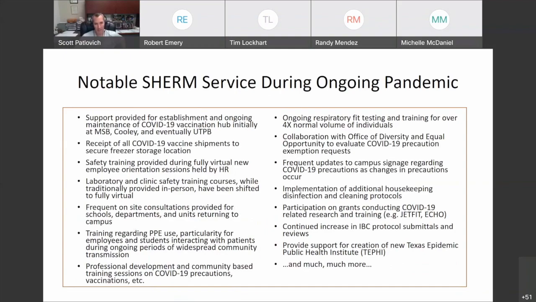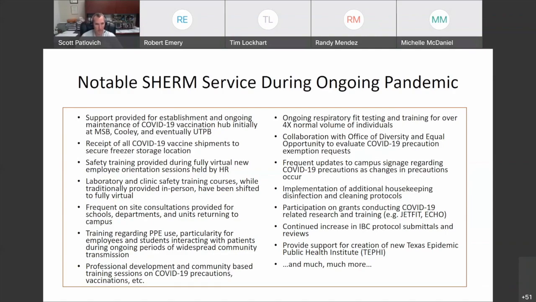We do summarize here some of the key things that we've done above and beyond the normal call of duty to serve the organization. I would encourage you guys to think about how you've done this as well, especially if times get tough going forward with budgets and things like that, to show the value of your programs in terms of the ways that you've served your own respective organizations. So keep running notes on all of this, and if you choose to put it in your annual report, even better.